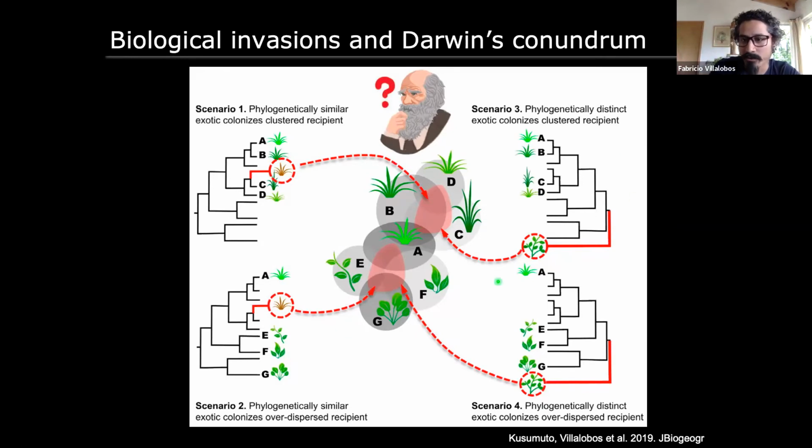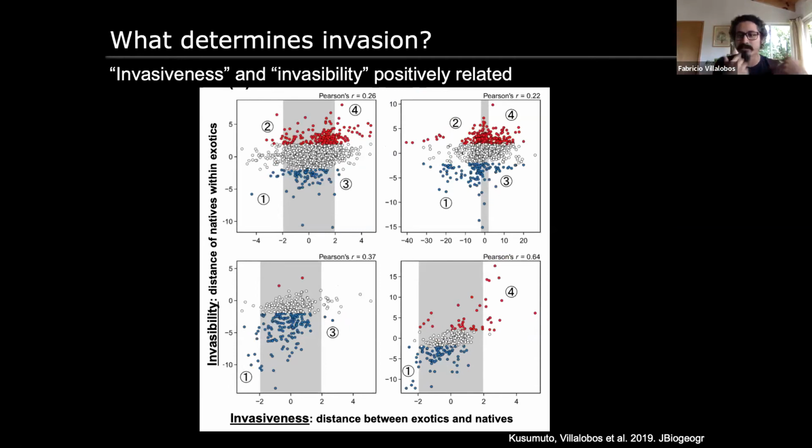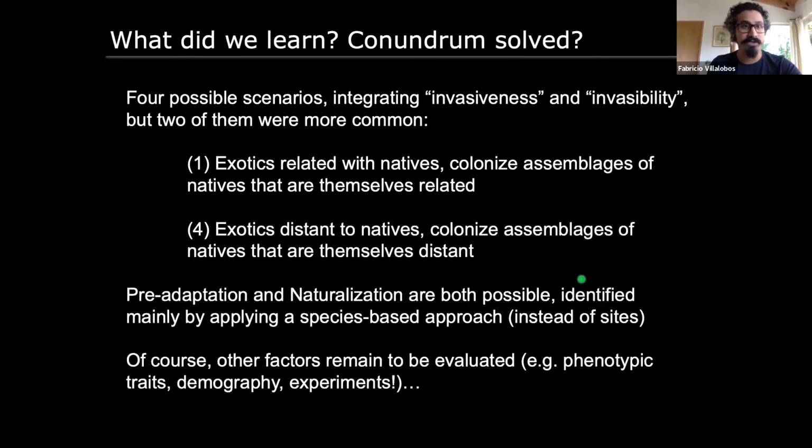And what we found out was that both properties, the species' invasiveness, the capacity of the species to invade, and the invasibility, the capacity of sites to accept new species, are positively related. And we have different patterns. We have three or four scenarios over here, but the two most common scenarios were the extremes, the first and the fourth scenario. We found out that the exotics